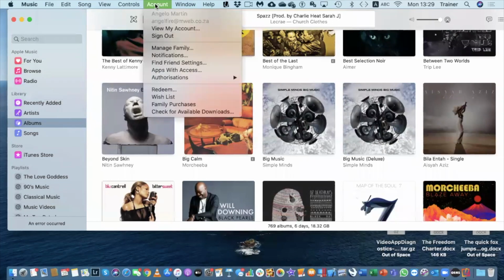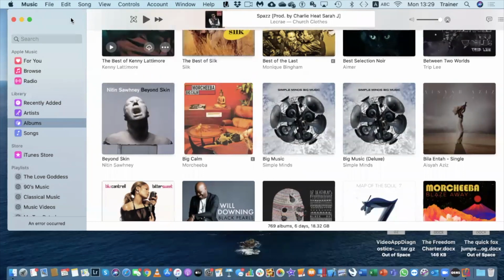But say now it didn't bring that artwork in. Then what you can do is go to your account and sign out of your Apple Music account totally. Then you close down Music, reopen it, sign back in again, and do the process again. I've seen it happening twice at a client's place where it didn't bring it in before, but then afterwards it brings it in. Can I add something to that?